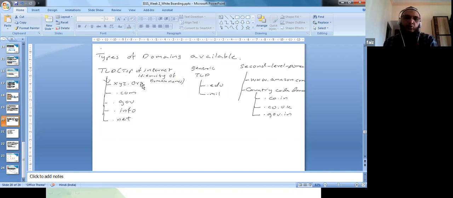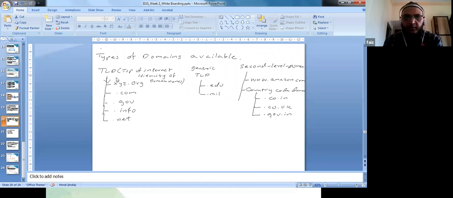So the top of the internet hierarchy of domain names is the top level domain, TLD. And it can be like .org, like I can say amazon.com, amazon.org, or india.gov, or NIST.gov, and so on.